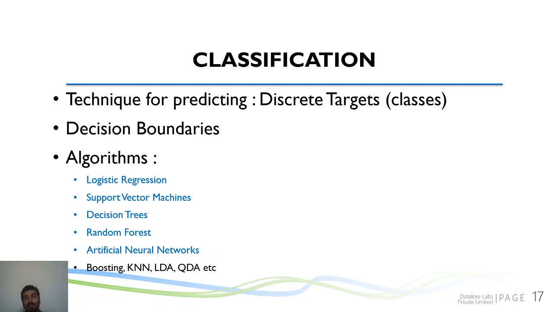And in case of regression, what we do is we come up with a line or a plane or a hyperplane to predict the trend. In case of classification also we do the same thing. We come up with a decision boundary, we come up with a line or a plane or a hyperplane. But the idea of this plane or hyperplane is slightly different. In case of regression, we are trying to come up with a line that best represents all the points in your data set, whereas in classification you are trying to come up with a line that best separates the classes